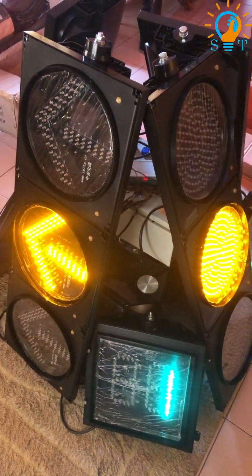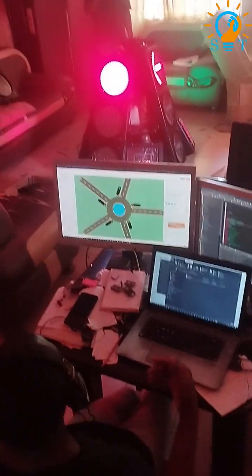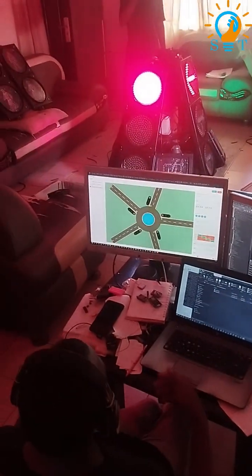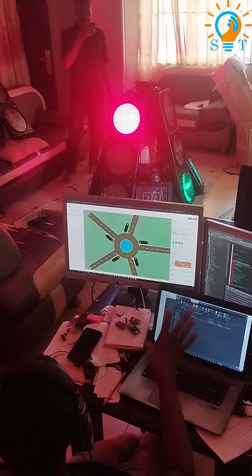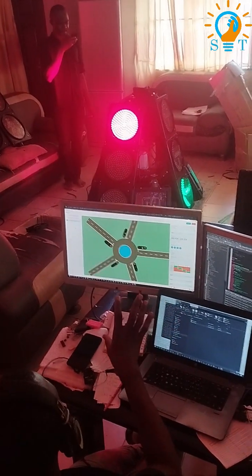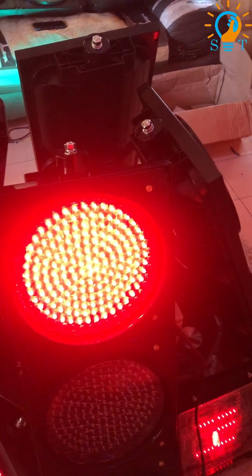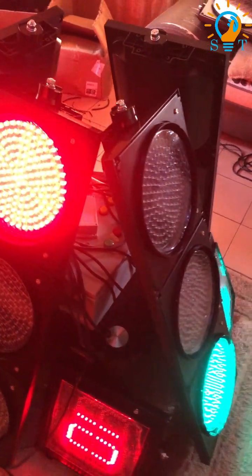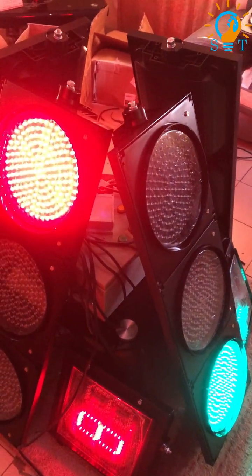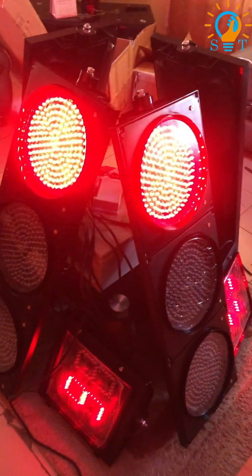The controller is designed in a way that it has internet connectivity. It connects to a server, and you have access to a web dashboard where you can see in real time the status of your traffic system. In fact, you can override things from there. You can change your settings and all. So for a start, we're going to talk about